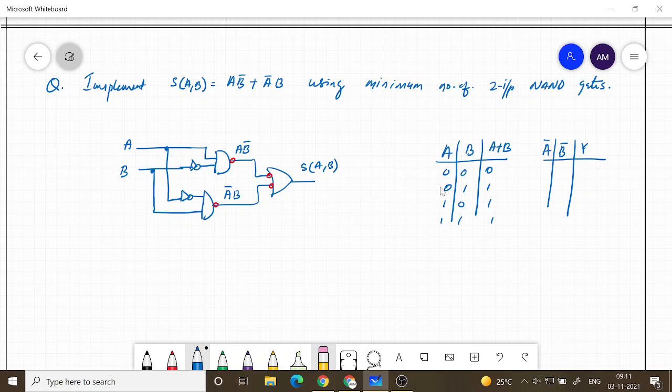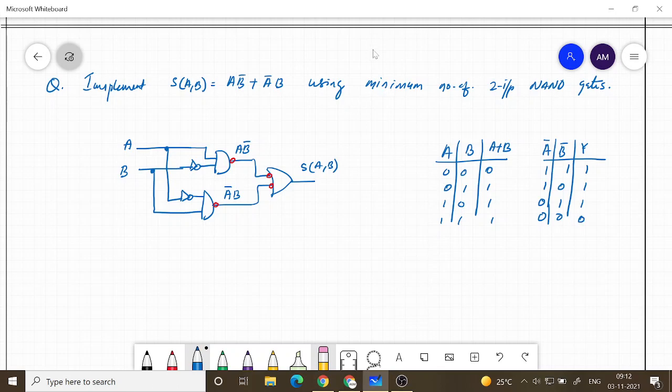If I complement it, so AB will become 1 1, this will become 1 0, this is 0 1, and then 0 0. This is the complement A bar and B bar. Now what will happen if I give this as input to an OR gate? This will become 1, this will become 1, and this will become 1, and this will become 0.